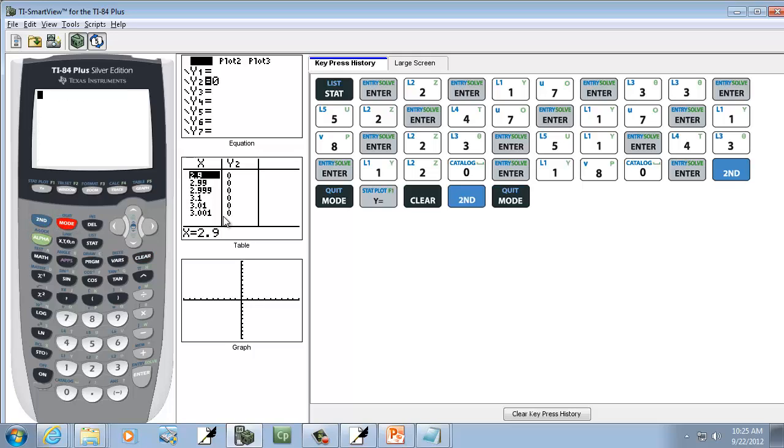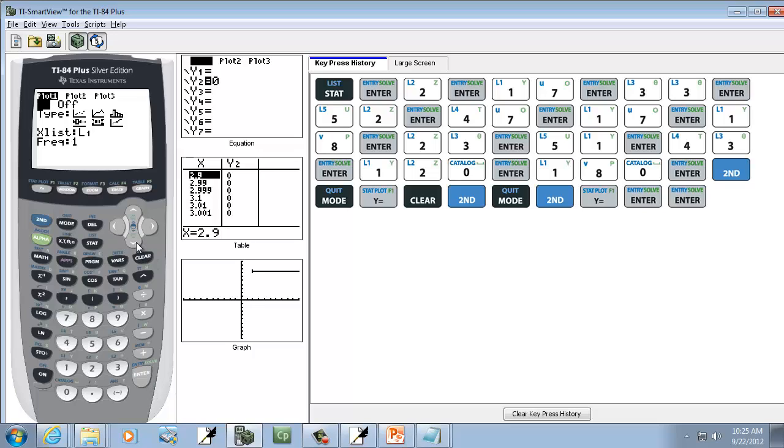And here are our steps for actually creating a box plot. I'm going to do second, Y equals. I'm going to do enter on 1. Now we want the plot selected as on, so I'll press enter for on. Then I'm going to down arrow to type. Now we want to choose the one that looks like a box plot. Mine's already selected. It's the 5th one. And how you get to it is you press your right arrow. And once you're flashing cursors on the one that looks like a box plot, that's this one right here,